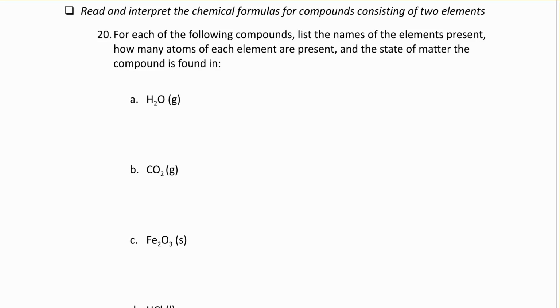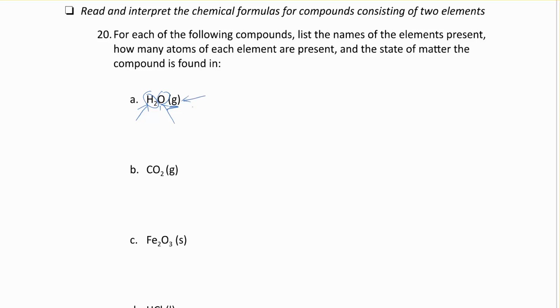Okay, I think I got it. For each of the following compounds, list the names of the elements present, how many atoms of each element are present, and the state of matter the compound is found in. So if we look at water here, we've got names of the elements. Hydrogen is the H, oxygen is the O, and we've got 2 atoms of hydrogen and only 1 atom of oxygen. And this G in brackets behind it means it's in a gaseous state,